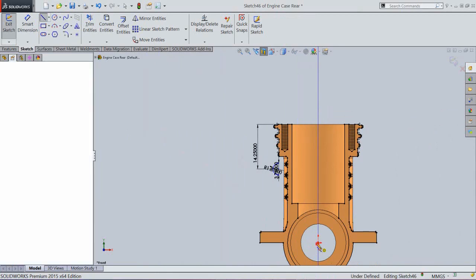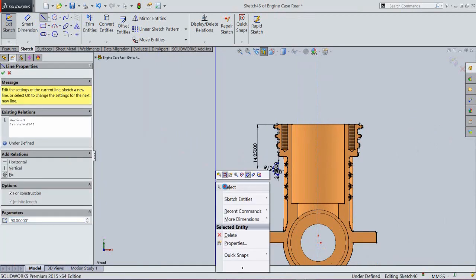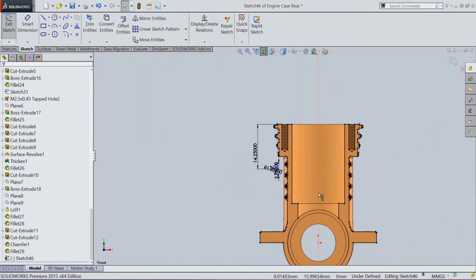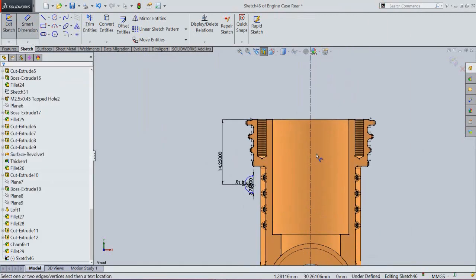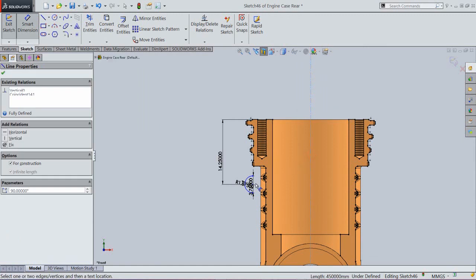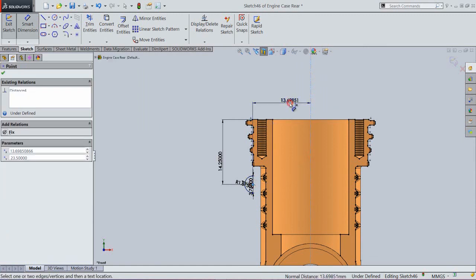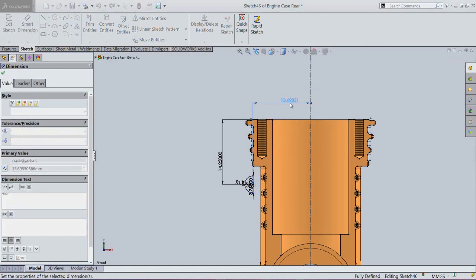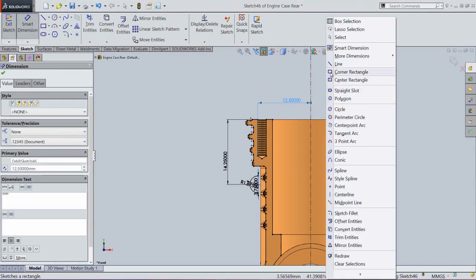OK, create a vertical construction line over the center point of this origin. And apply the dimension 12.5 mm.